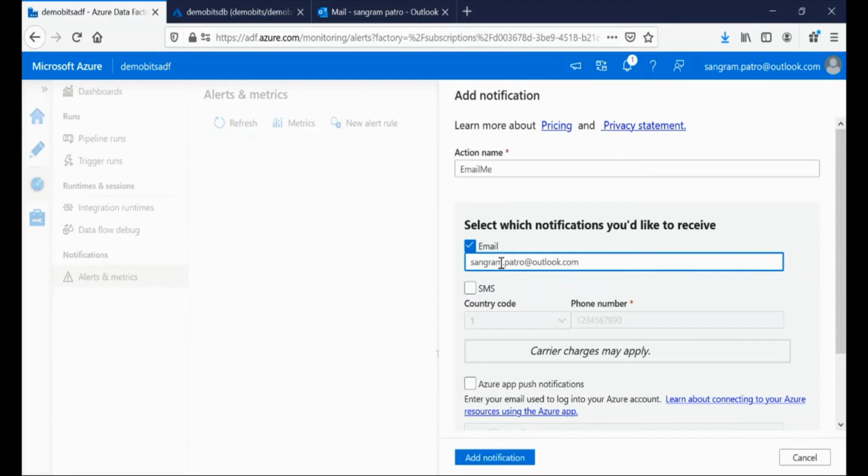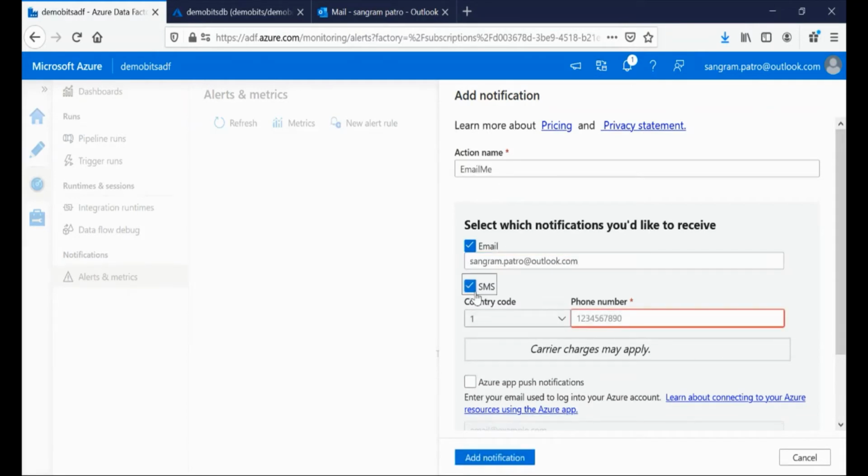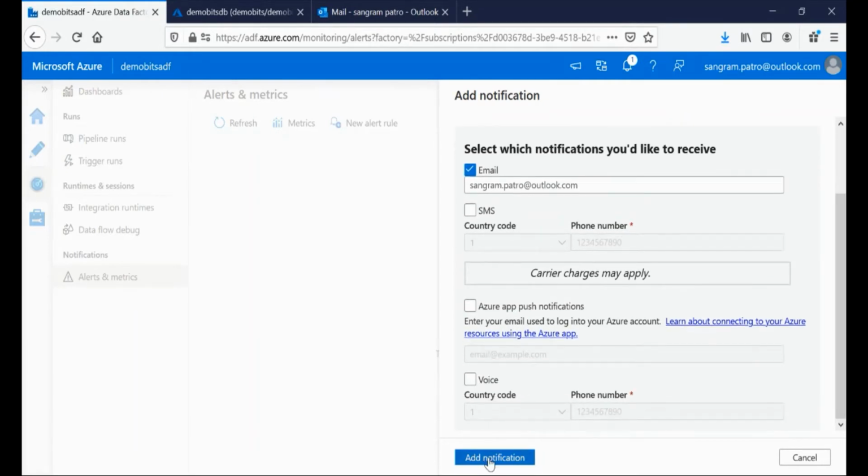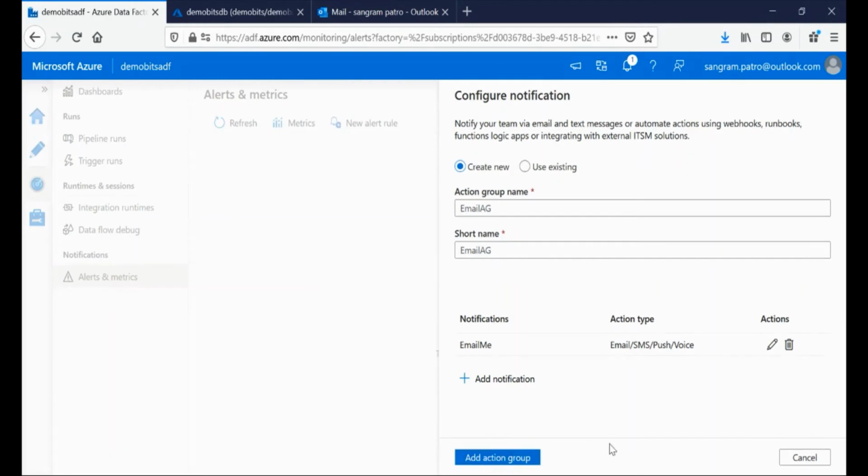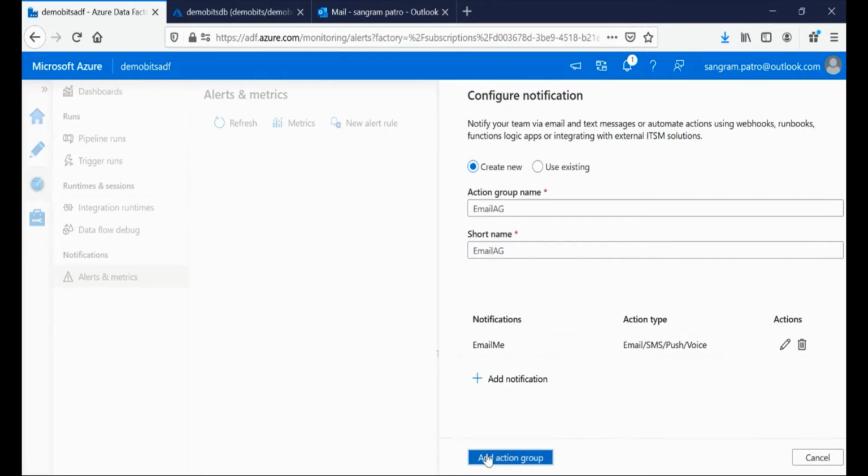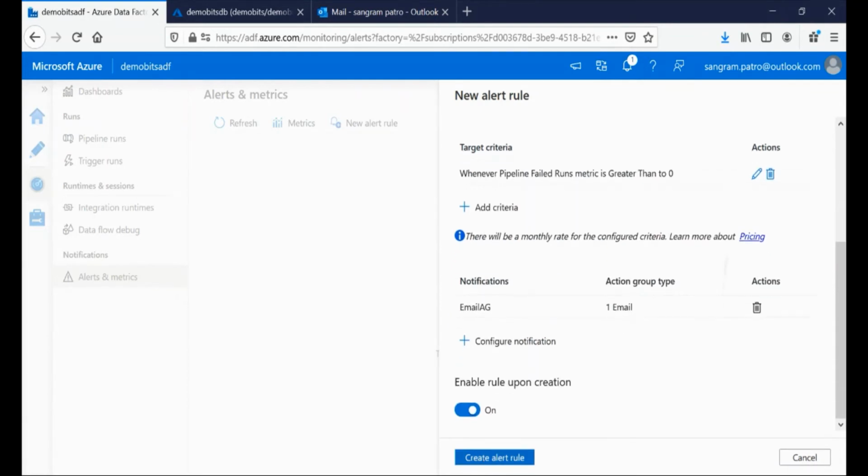This is my personal email address, and if you want to receive an SMS you can do so by putting your country code and the phone number. For now I will uncheck this option and then click on add notification. Click on add action group now. This is done, and now I will create the alert rule.